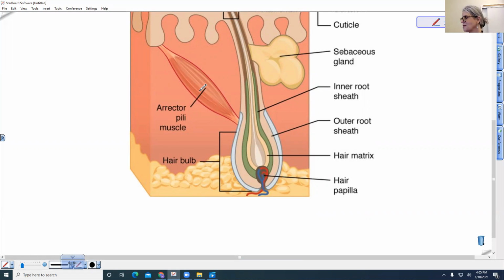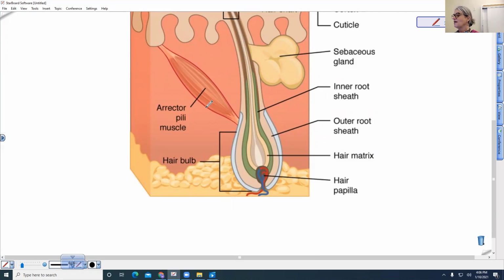And this is a type of muscle that is under control by the sympathetic nervous system, your fight or flight nervous system. And so this can actually cause your hair to stand on end. So we see this in other mammals that have hair, like for example, your cats or your dogs, when they get all excited and they're attacking each other, the hair will stand on end. It will actually make them look bigger. They get all fluffed up, right? They might actually get all fluffed up if they're trying to